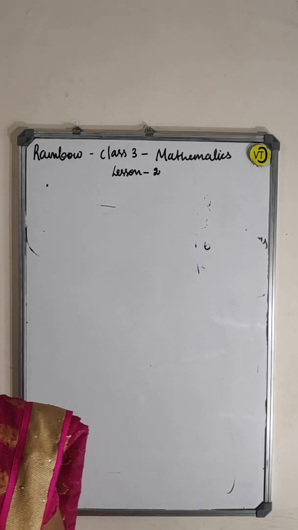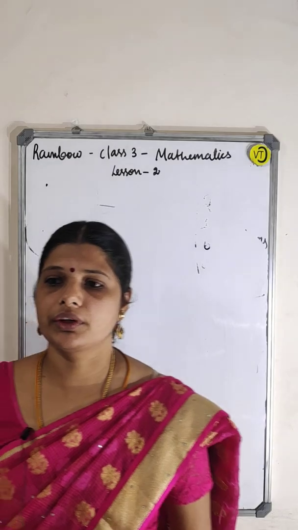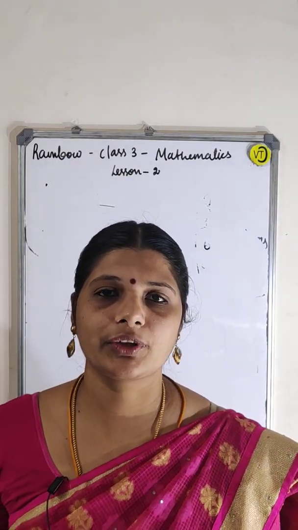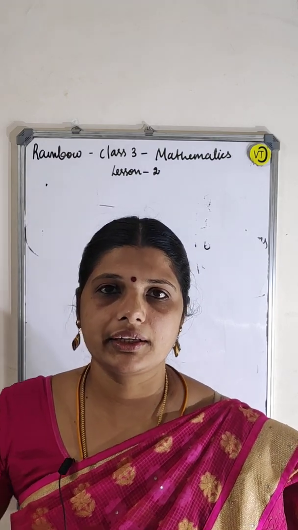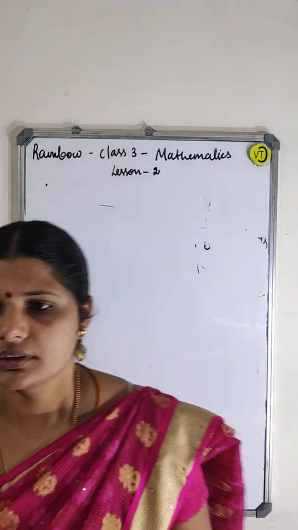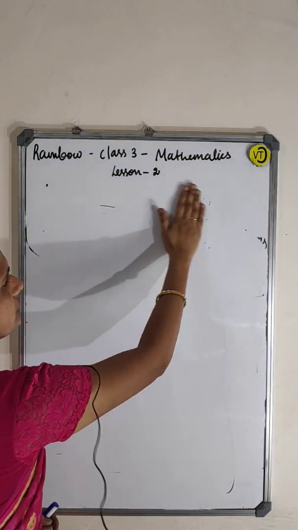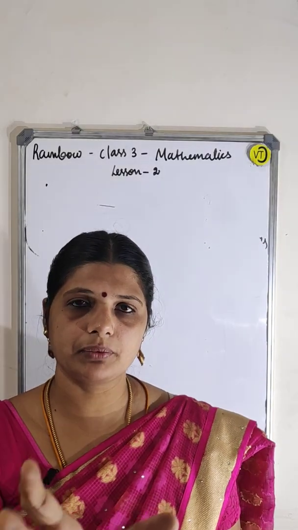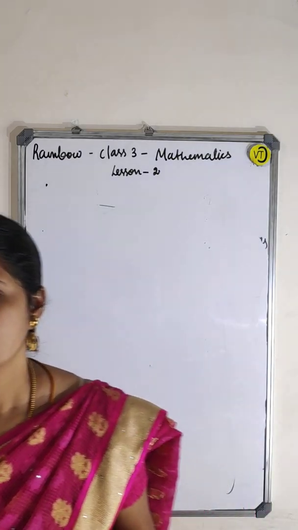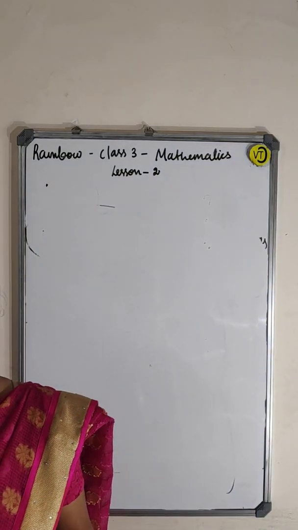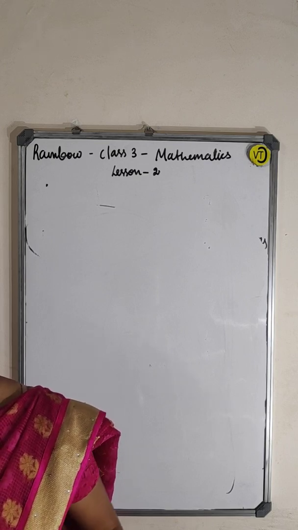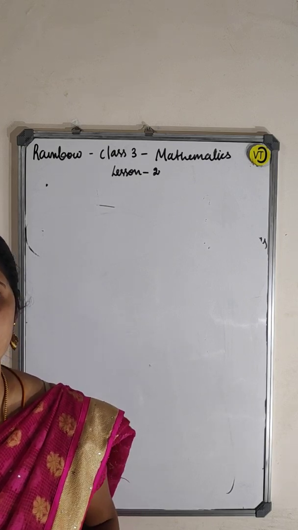Okay. The next thing is skip counting. Skip counting means like jumping. The numbers you cannot go like immediately. It will jump like that. Skip means what, you know? It will be just leave one number. Leave some of the numbers and you are telling the another number. So skip counting means we can count by leaving one number or 2 numbers or 3 numbers. It will be like that.